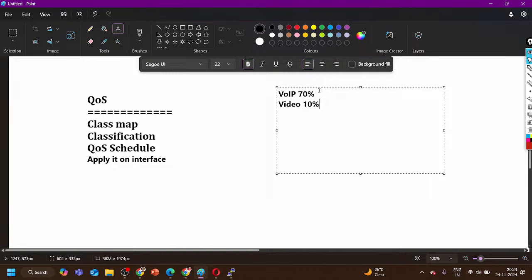Percentage means the percentage of total memory allocated for storing that packet in the queue, right? So 10% means 10% of memory is reserved to store the packet if the outgoing link is overloaded, right? 20% means 20% of memory is reserved to store the packet in the queue. Okay,